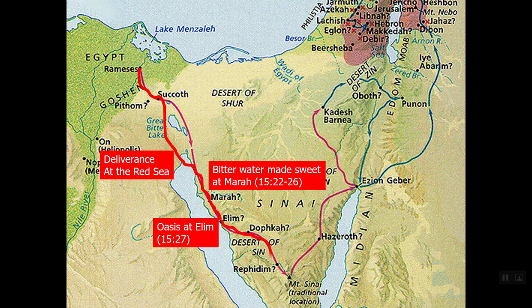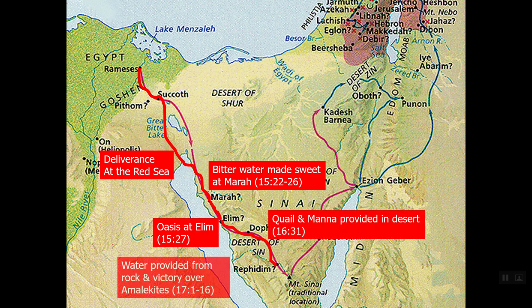As you can imagine, food and water were a major concern as they're making this trek over a period of 3 months. But they were able to make the water sweet there, so that there's a place for them to have water. God's providing for them all along the way. They come to a place called Elim, where there was a natural oasis, and they're able to refresh themselves there. As they continue to make their way down, they come to a point where God starts providing manna in the